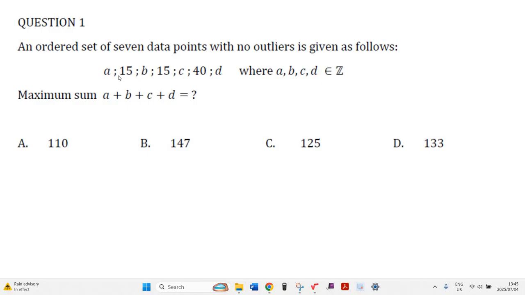So there must be 3 15s. For going for the maximum, that C must be 40. Now, the problem is, what do you think, is D an outlier? If we add up all these, the 4 15s plus the 240s, the question is just trying to figure out what's happening with D, whether it's an outlier or not. Now, when I did it, I thought this 147 looks pretty close to the outlier